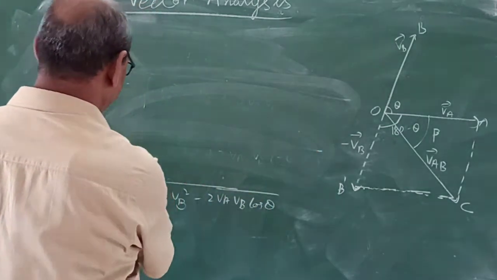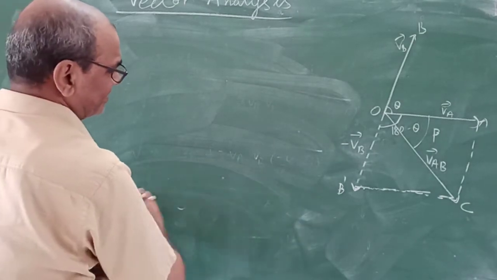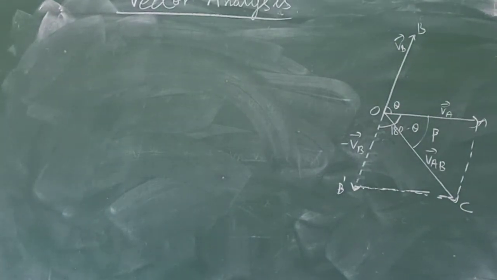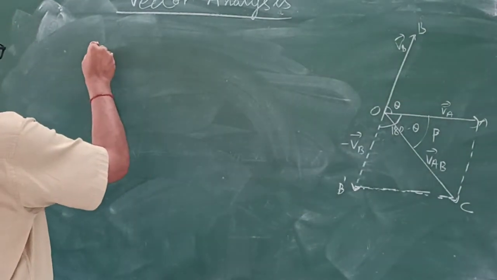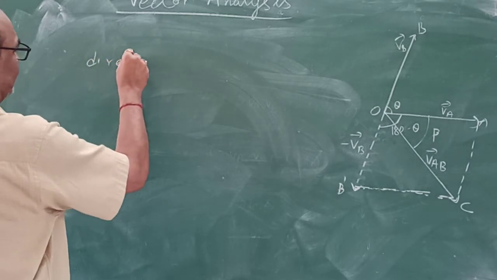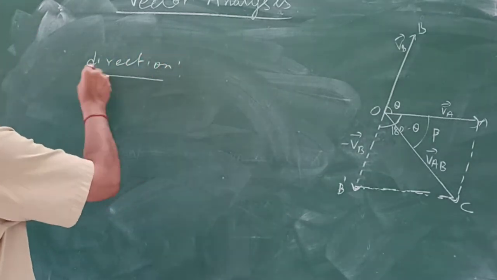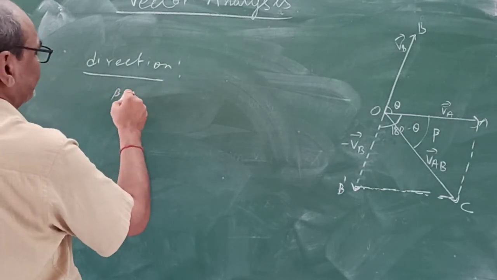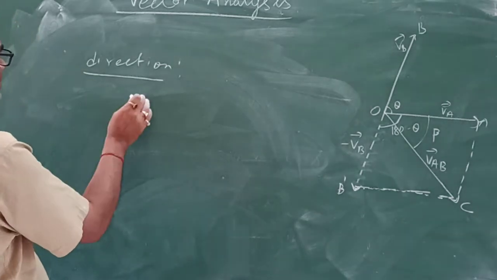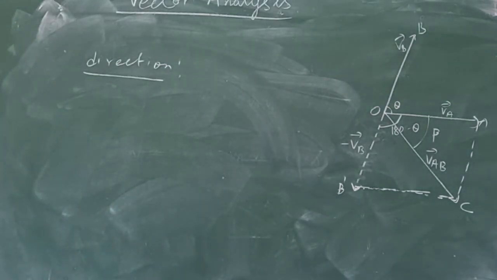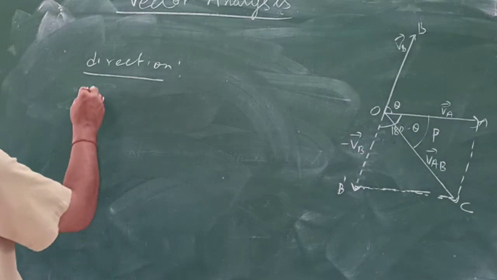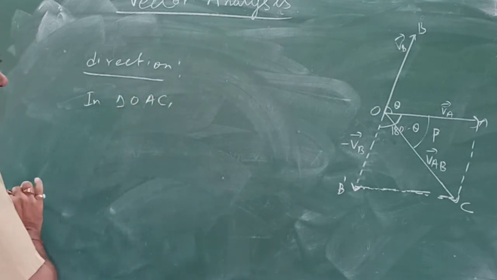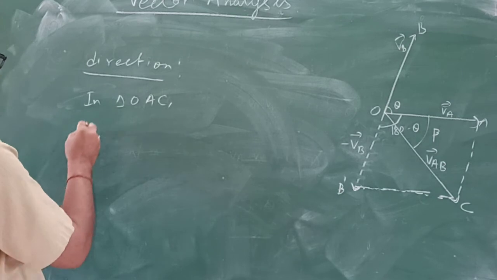Therefore, in triangle OAC, to find the direction of the resultant vector, to find the angle beta, the resultant vector VAB makes an angle beta with VA. Therefore, in right angle triangle OAC,